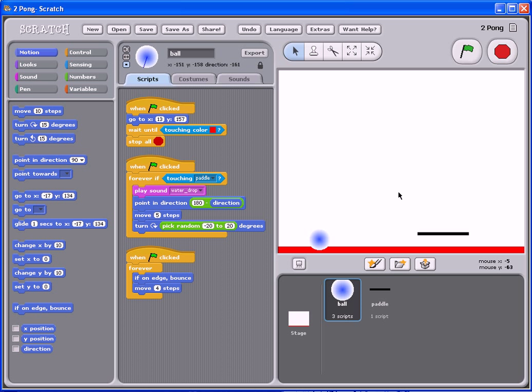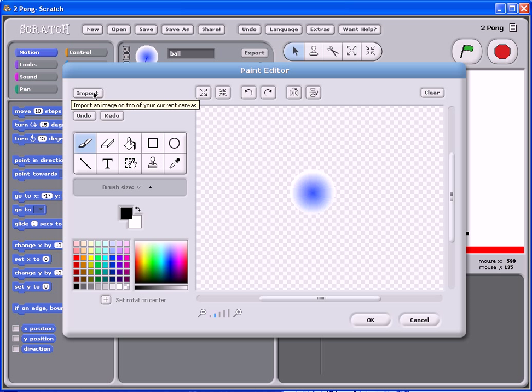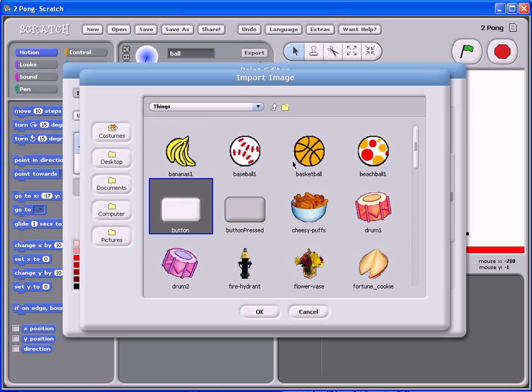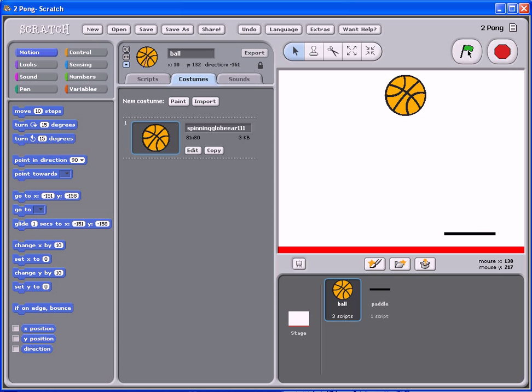What we could do is to change the look of the ball. So say I don't like this ball. I wanted to change it to some other different kind of ball. So what you do is that you click Edit, and you click Import, and then make sure that you pick the ball that does not have any red in it, because once you have red, you might have unexpected behavior, because the rule of the game is if the ball hits anything red, then the game will stop. So let's click, okay, just click OK, and restart the game. So now you successfully swapped the ball with